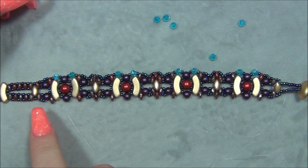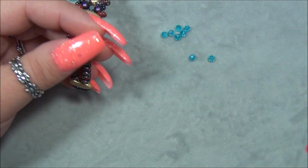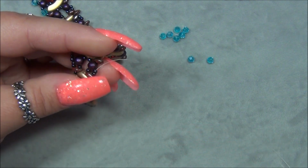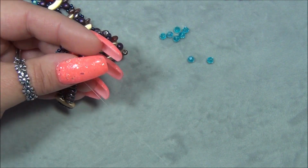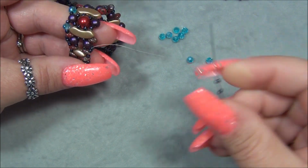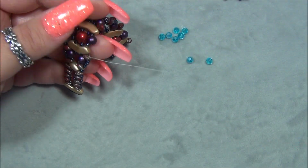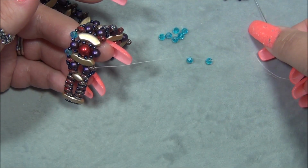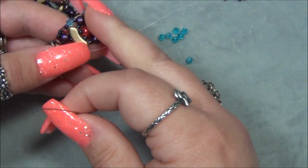Okay, so now I just have to copy what we did on this side to this side. I found it extremely hard to lay this bracelet down and stitch the outside up, I guess because I was going through such tiny beads or something. But anyways, I'm going to hold it, and I'm just going to copy the other side. 2 seed beads, a seed bead around, and a seed bead, and then through the